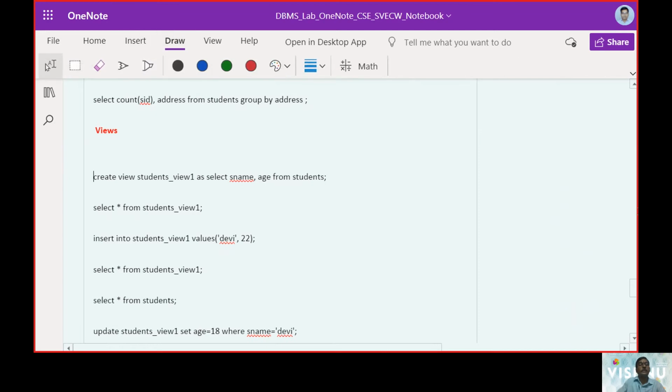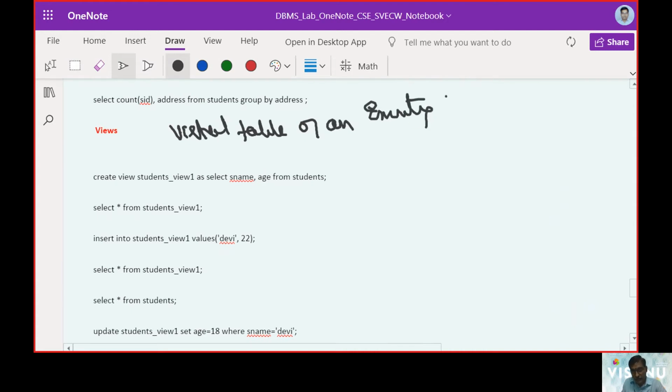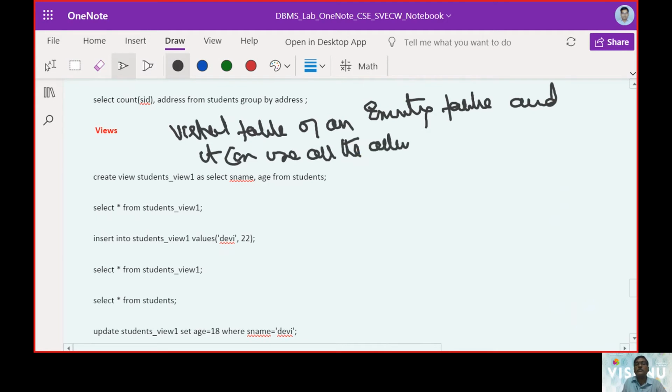I can call it a virtual table of an existing table, and it can use all the attributes or partial attributes.